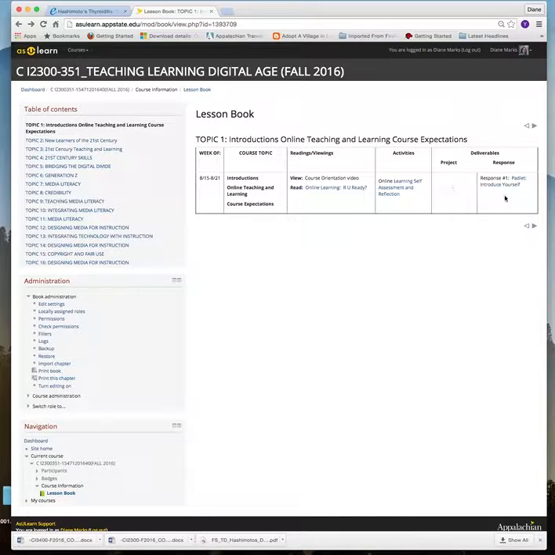And then you have two deliverables. You have projects that are due in this class, and then nearly every week you'll also have a discussion forum with your response that's due. This first response that's due is a Padlet to introduce yourself. So again, if you just click on the link,